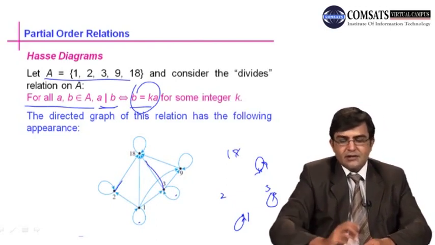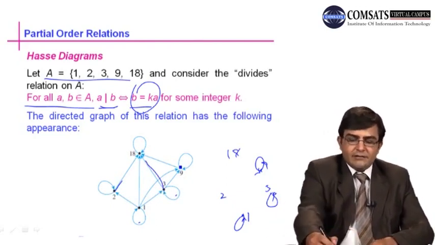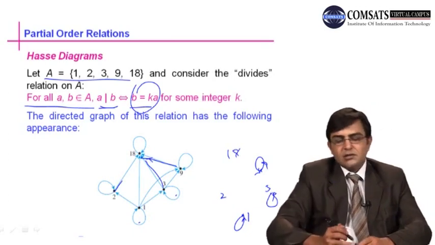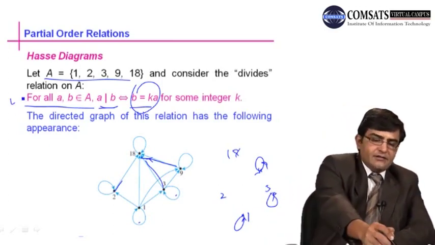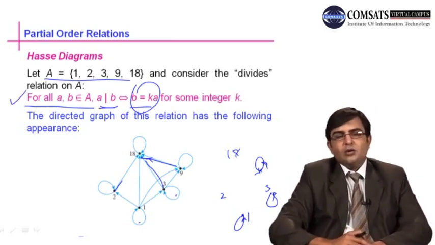There is an arrow from here to here. Now 9 divides 18 also. So this is basically the directed graph of the relation which we have defined on the set A,